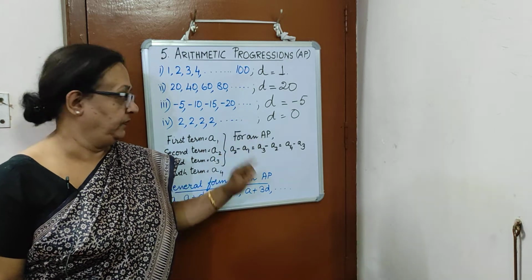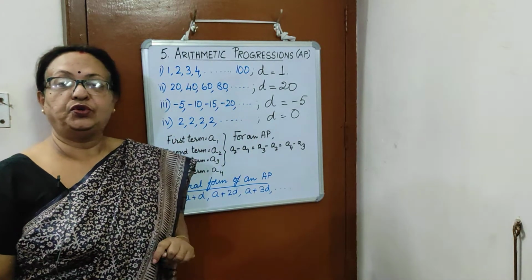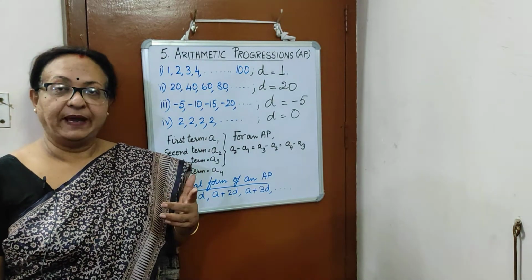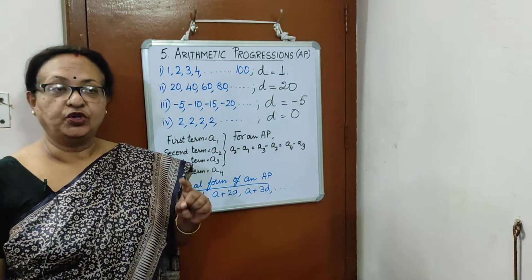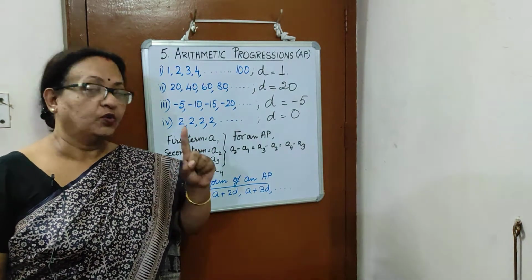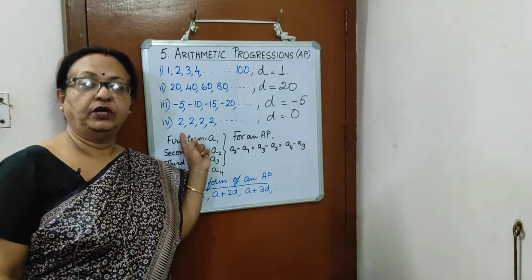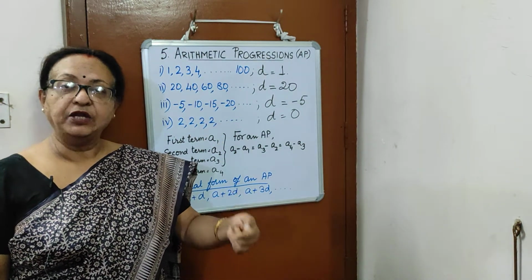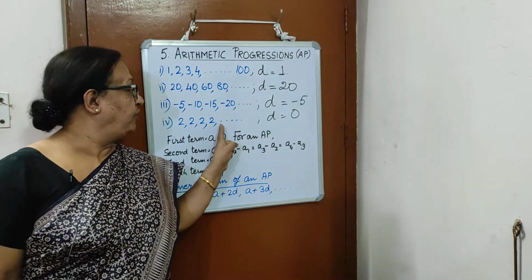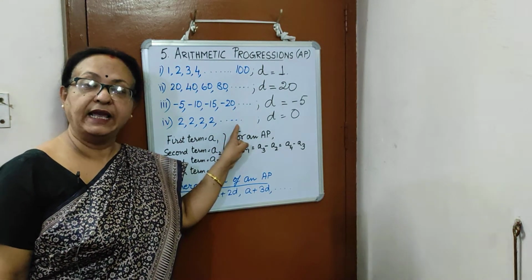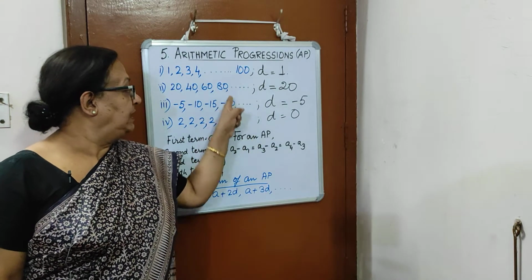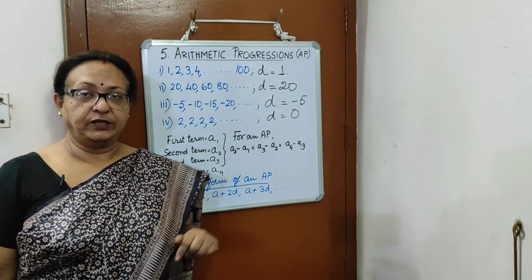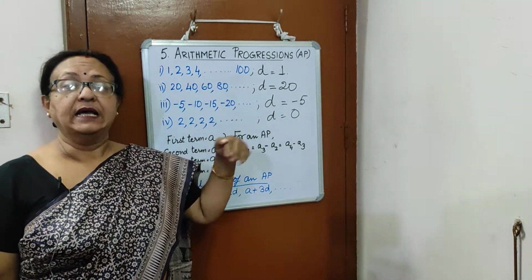Is it? Next one, 2, 2, 2, 2. Any pattern? Yes. What's the pattern? You are adding 0 to a number, you get the next number. To the first 2, add 0. You get the second 2. 2 plus 0, 2. Again 2 plus 0, 2. Same way, what will the next number be? 2. Again the next one, 2. So in all the examples, we have a definite pattern by which we can write the next number